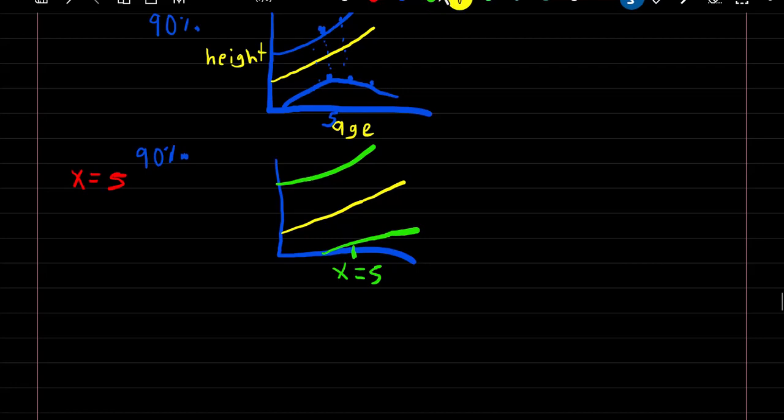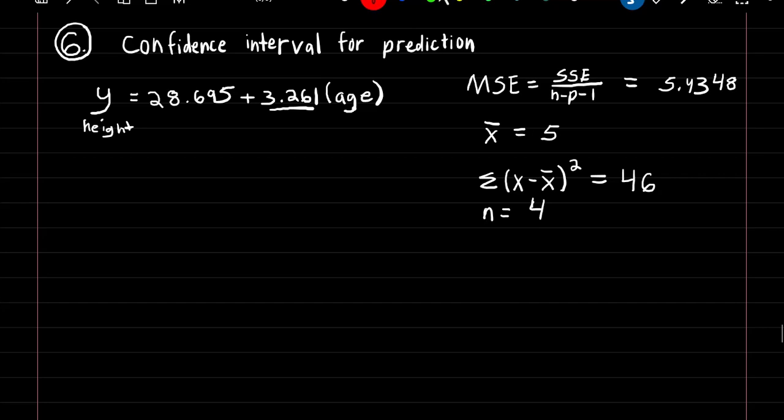And now we'll be able to solve for these two lines numerically. So now let's solve for our confidence interval for the prediction. So our formula is going to be predicted y plus or minus our t-score of alpha over 2, and then n minus p minus 1 degrees of freedom, times our standard error of our confidence interval. So it's very similar to what we've been doing, just we're going to have a new formula for the standard error of our confidence interval, which is going to be equal to